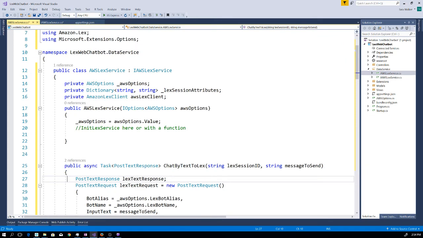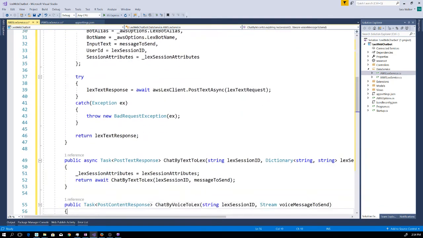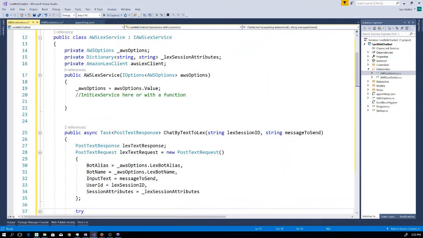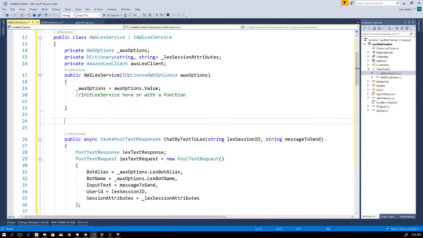Now the last thing we need to do is, obviously I have a Lex client, and that's lovely and divine, but what I haven't done is instantiate a Lex client at all. So I could put it in my constructor, which I don't really like to do, but for this session, I'll clean it up and put it in a good place later, because I really don't like putting stuff into a constructor that I can reuse or do other things with. But I have 5 minutes. I'll go 5 minutes over, but I'll just do it so that we can see